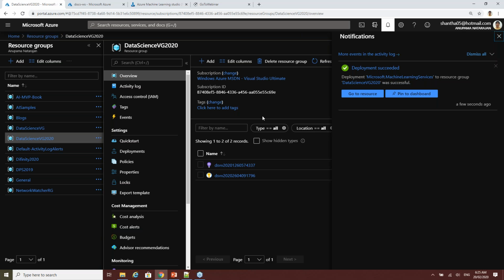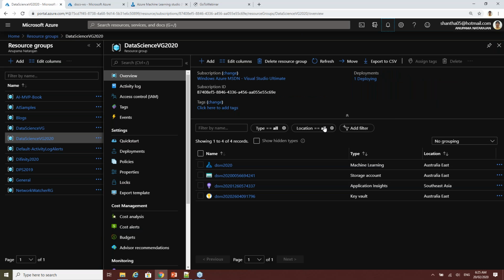Yes, it got provisioned. So let me refresh here just to show you what services get provisioned. As I said, you get the machine learning workspace and a simple storage account. The reason for the storage account is that you will be creating some data. You'll be saying this is the data I want to use, and you are actually storing that data in your own storage account on your Azure portal.